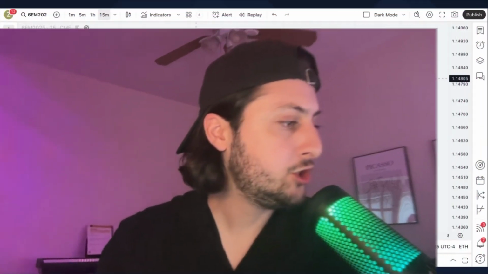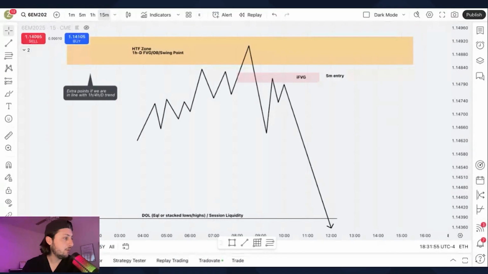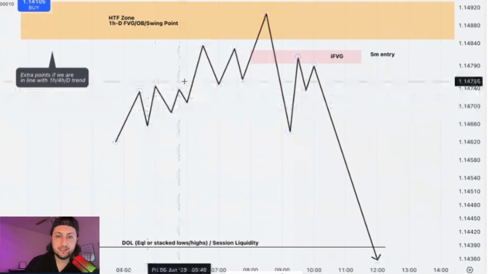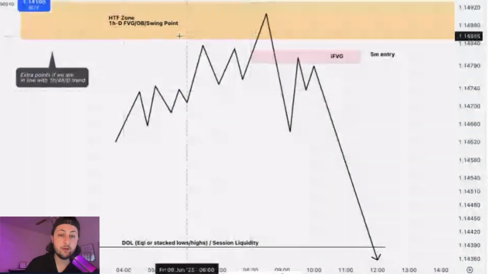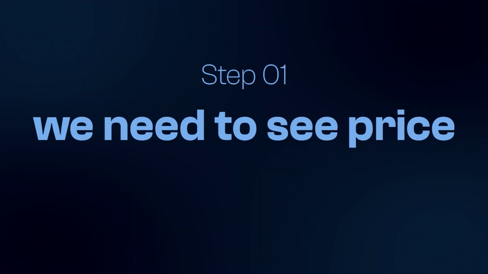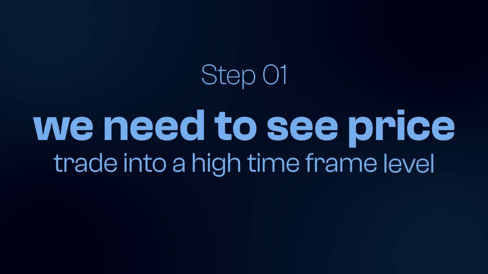I want to get into the charts and just get right into this. So this is what I would call my forever model, or my A+ setup. Now, I'm going to go over every element that makes this an A+ setup one by one. So if you see this schematic, you don't have to worry too much about what's going on this leg up, but what we are going to focus on first, step one, we need to see price trade into a high